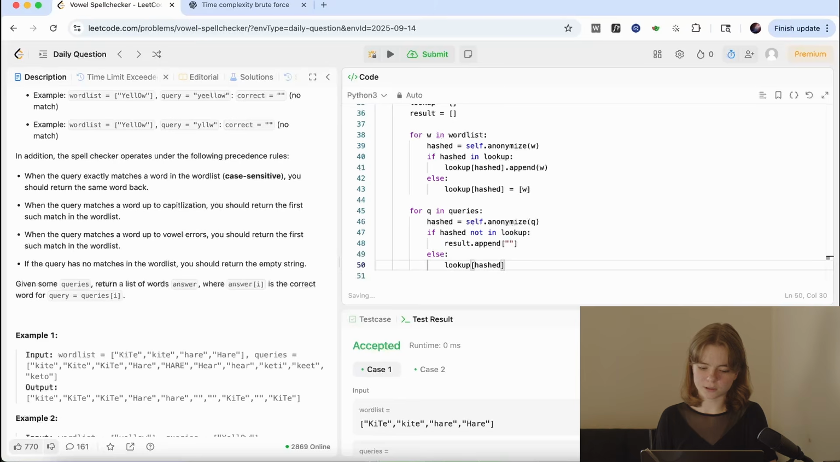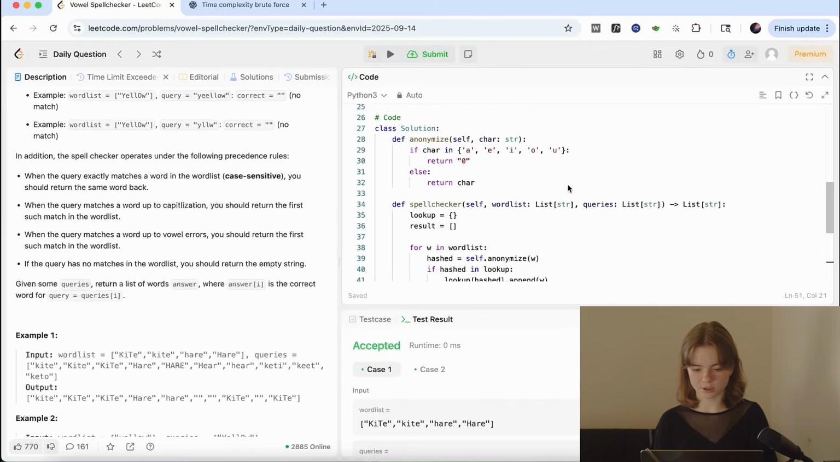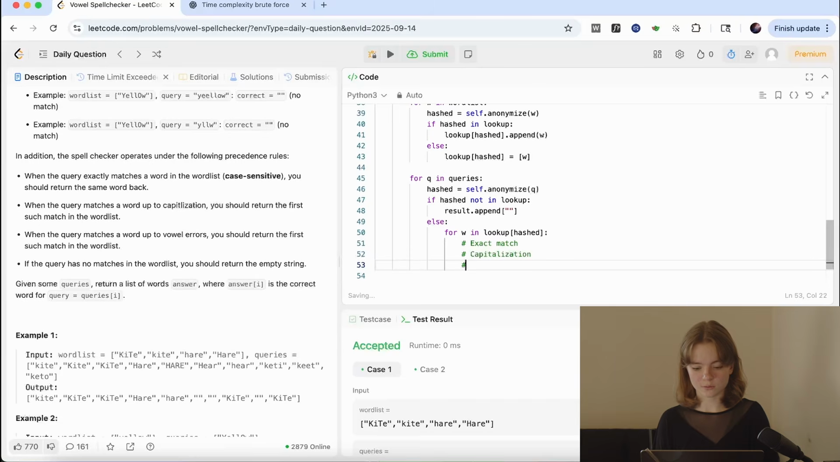Otherwise, we're going to look at this array right here. It's going to be an array, right? So we're going to say for word in there, we're going to look at, oh yeah, so then here is where we go through our 4 steps. So first we go through, oh man, I wish I hadn't deleted that. Oh well. So first we go exact match, then we go capitalization, and then we go the vowel if